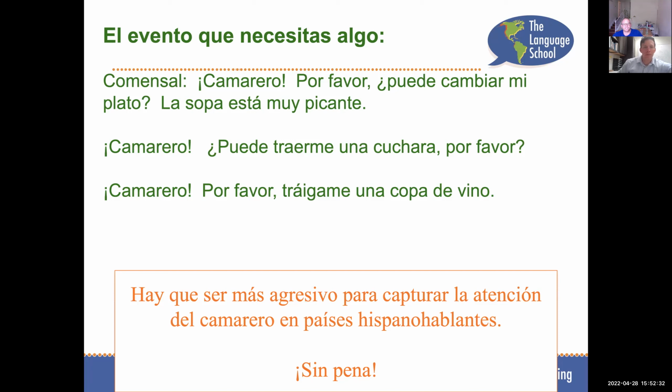Okay. Mateo, here we have a little cultural tip for you at the bottom. Hay que ser más agresivo para capturar la atención del camarero en países hispanohablantes. Sin pena. This is a very awkward thing for our American minds to do, because